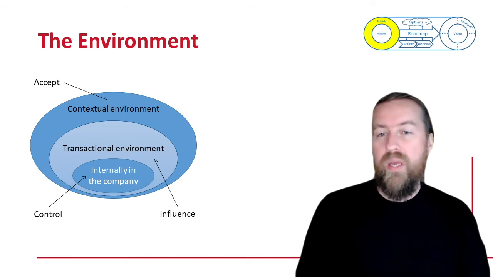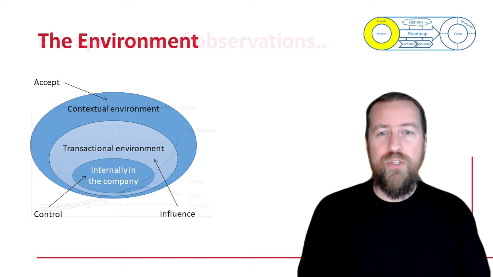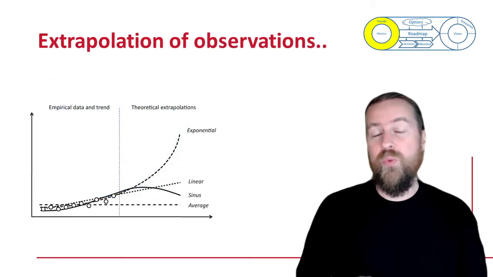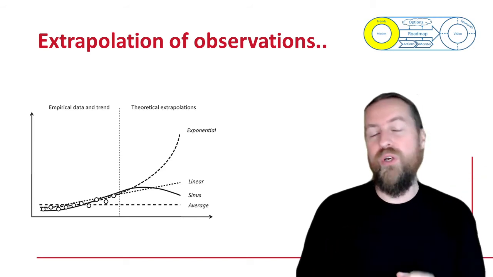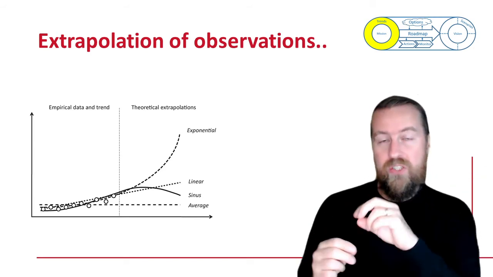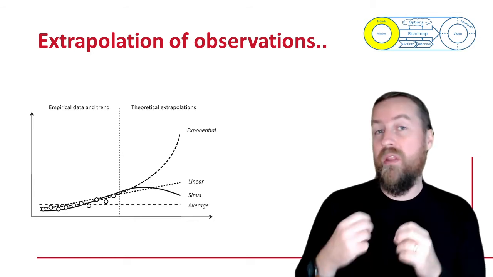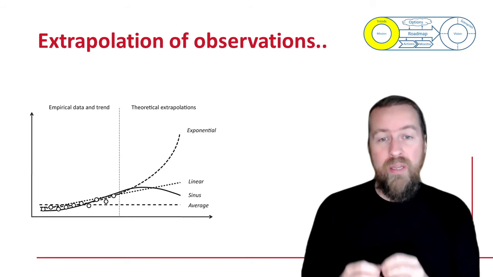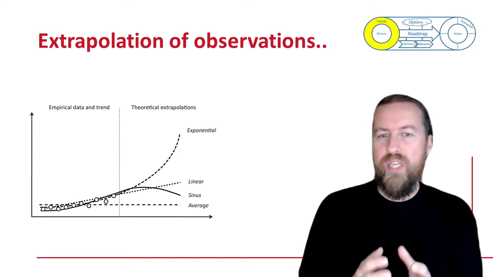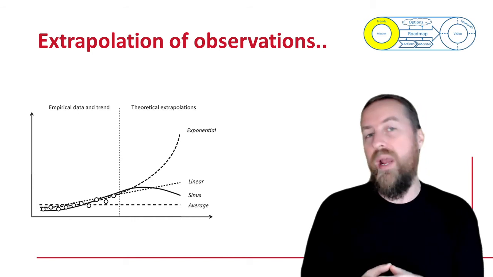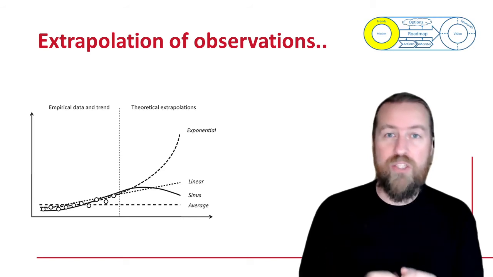However, when we identify trends, we get some observations. These observations we can extrapolate, or we can move them into the future. We have some observations, we have some measurements, we have some information about how things are now. How it moves into the future is a little bit more tricky, and there are a number of ways that we could do that. And as you can see in this small figure next to me here,